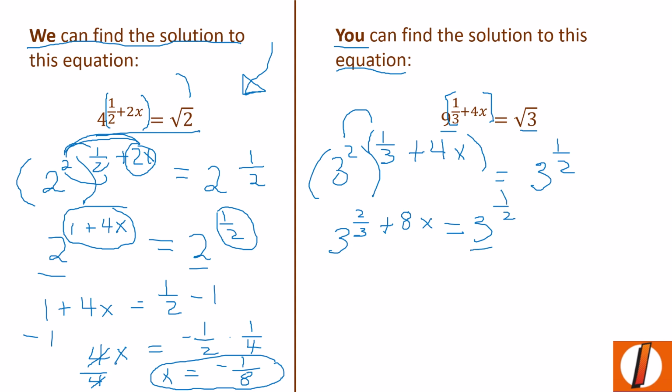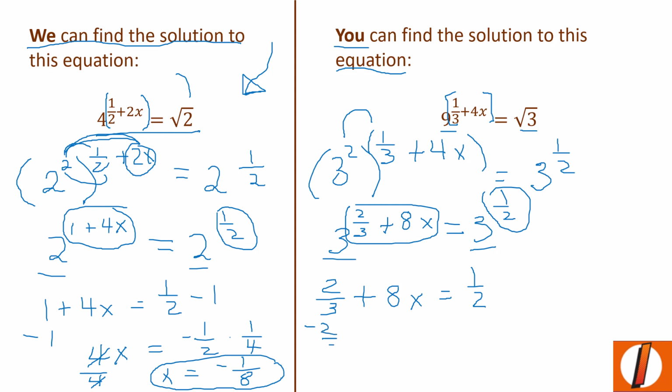So now that we have the same base, our exponents must be equal. That's how you set up your equation. So you set it up as 2/3 plus 8x equals 1/2. All right, now we're going to subtract 2/3 from both sides. This is going to be 0. We're left with 8x